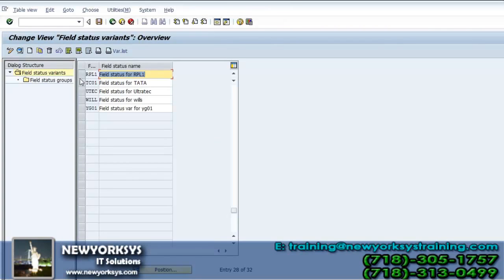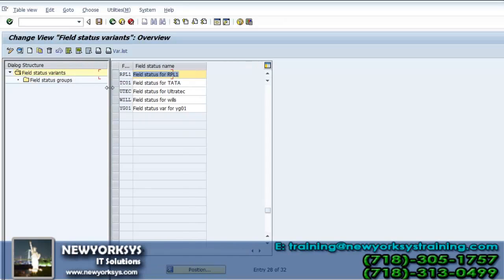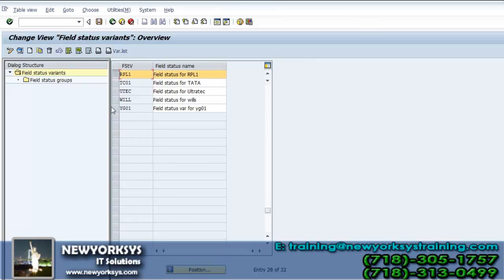Now we are defining which group is mandatory, which is required, suppressed or display. Select the block of our field status variant, the one which you have created. Double click on field status groups.